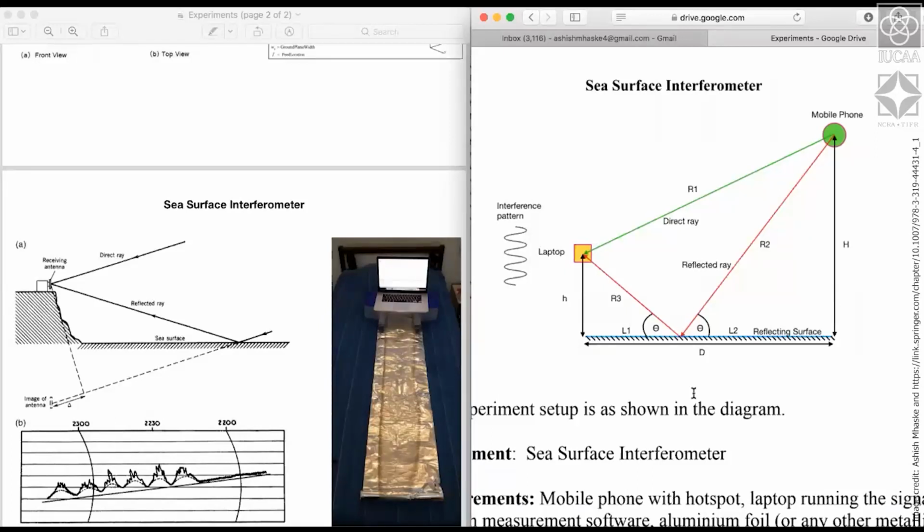Of course, they are mutually exclusive in the sense that if it was small, it will look at a broader angular range, and so on and so forth. But the important part is that the reflected ray and the direct ray should have a way to be received with equal or reasonable respect by the receiving antenna, in terms of its directional response. This is if the reflecting surface were to be in the far field.